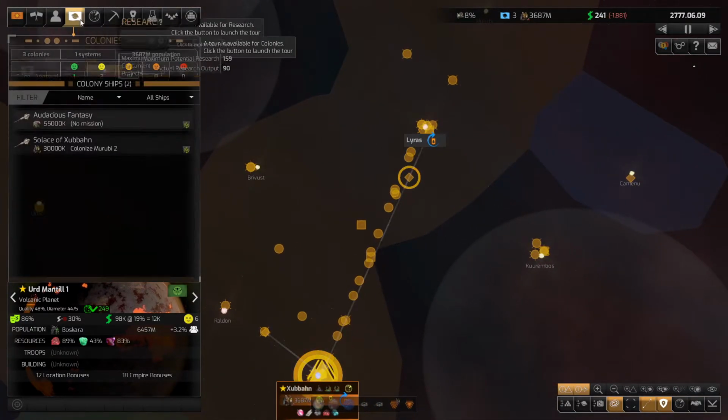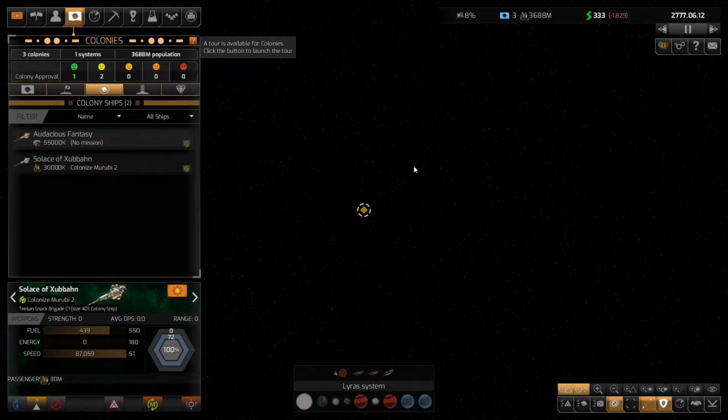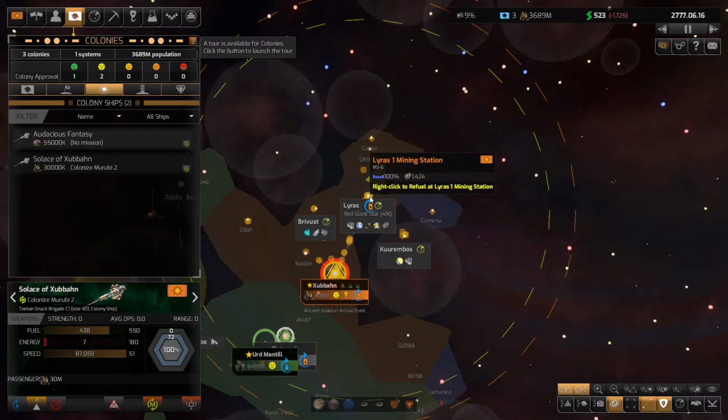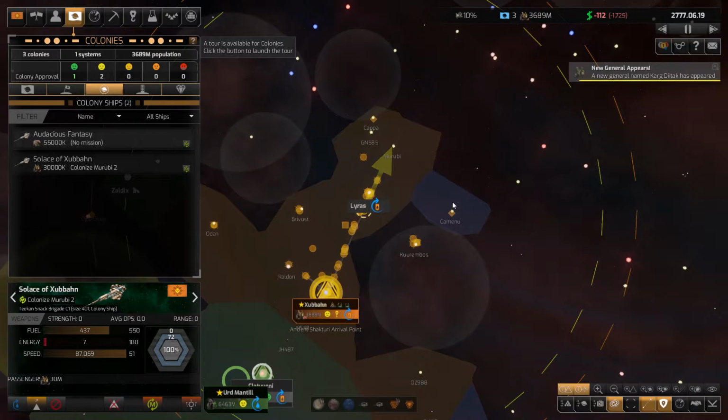More importantly, where's our colony ship at? It's over here. It's flying in space. Its fuel is pretty good. I probably need to see, what I was planning on before is possibly having it refuel in Lyris. But since we can do an extended range from here, I half wonder if I...